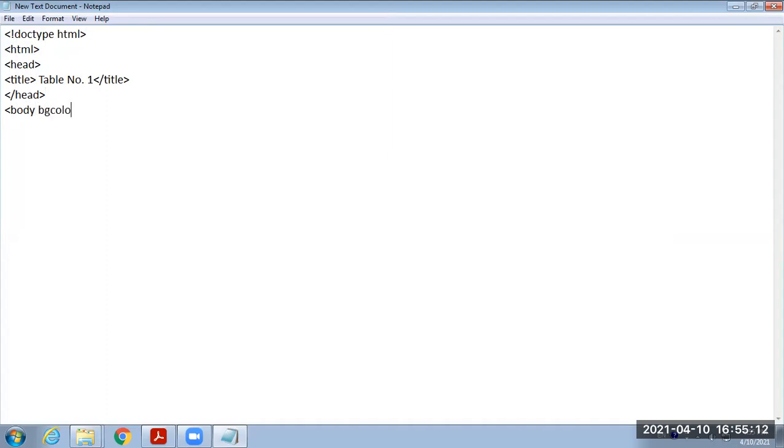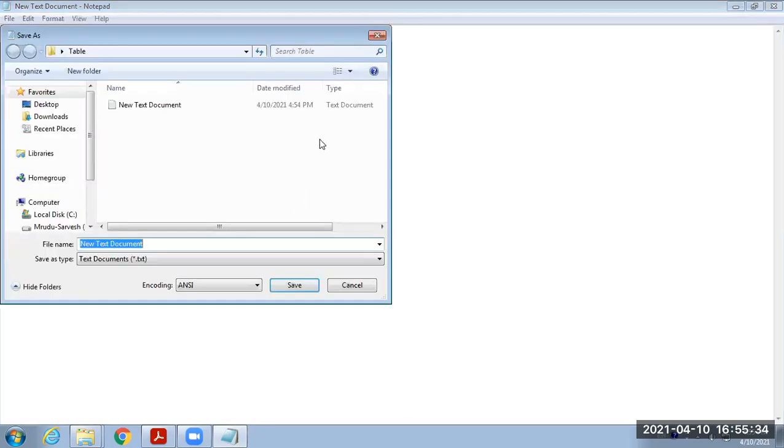Under the body tag, we can provide the bgcolor. Then we have to use the table tag to display the table, and after that we end the table, then end of body and then end of HTML. Now I will store this program with the name table.html, with all files.